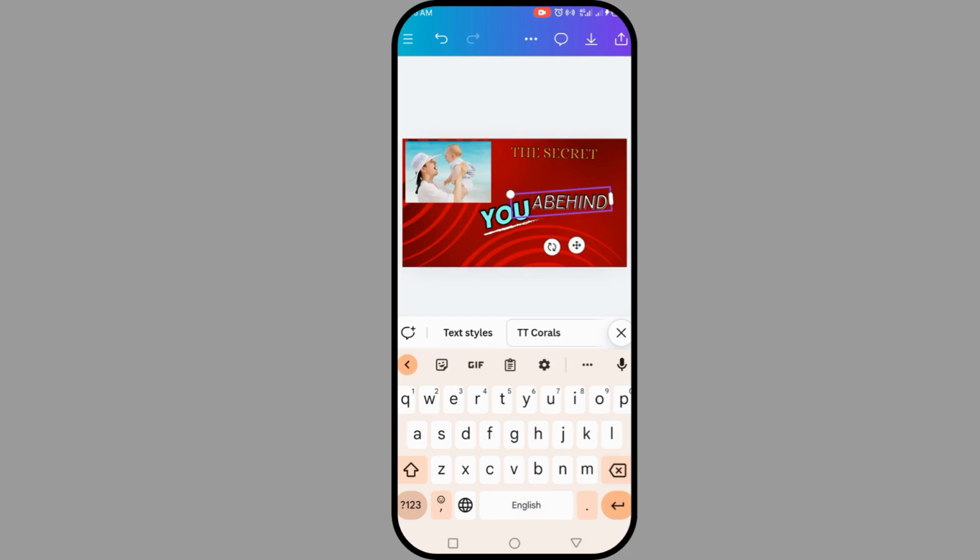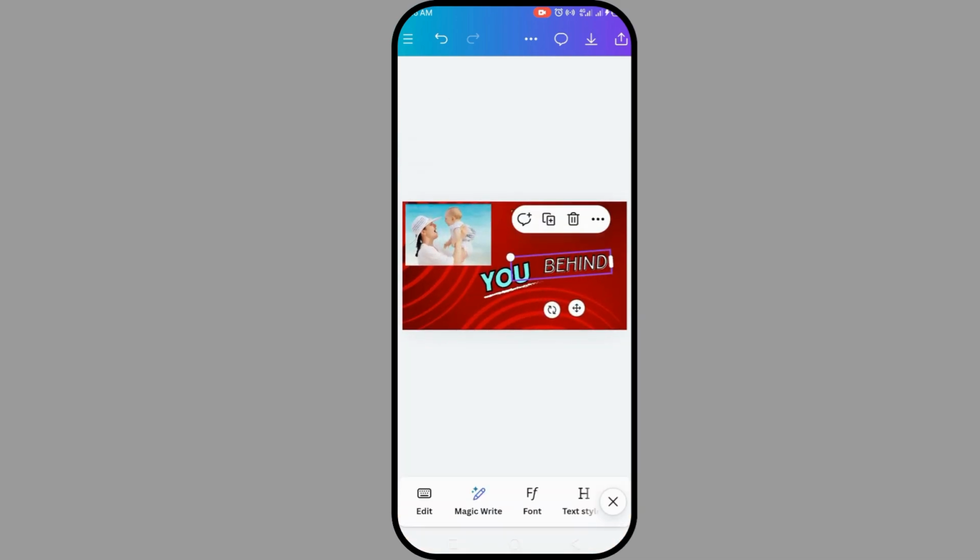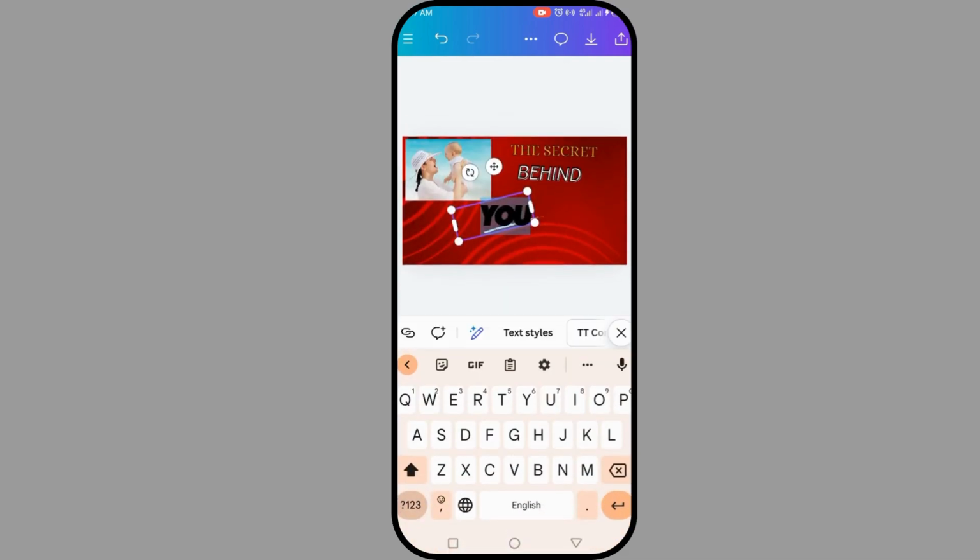Okay, this is now good. So I click on this and come here. And you can use the hand to do like this. You can see behind, it's okay like that. So I want to move this behind now. Click on it and move it. Move it behind here, and you can use this thing to set it straight. Just okay, behind. This is you now. Behind